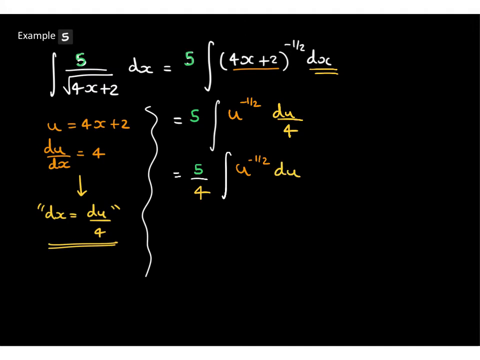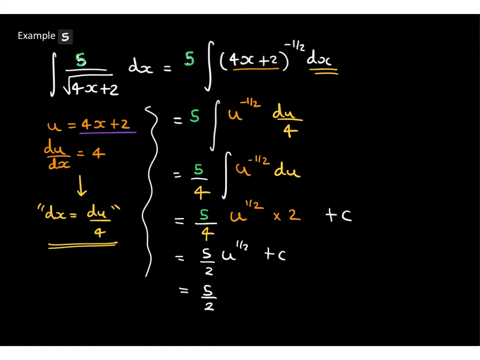Raise the power by 1 and divide by the new power as we do the integral. So that's going to become u to the power of a half, but dividing by this new power, dividing by a half is the same as multiplying by 2. So I'm just going to write that. And then we can simplify this to 5 over 2 u to the half. But of course, we know that u is the same as 4x plus 2. So we have 4x plus 2 to the power of a half